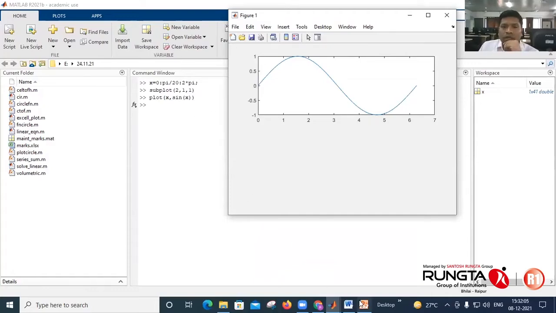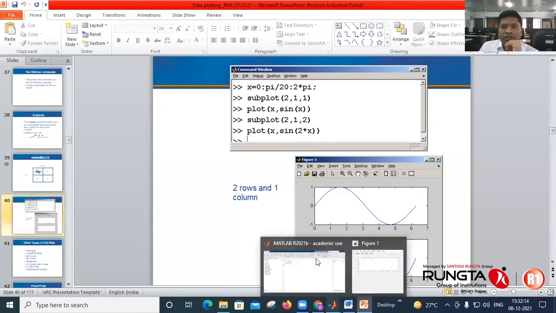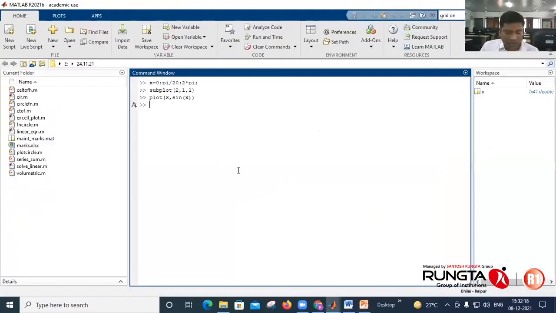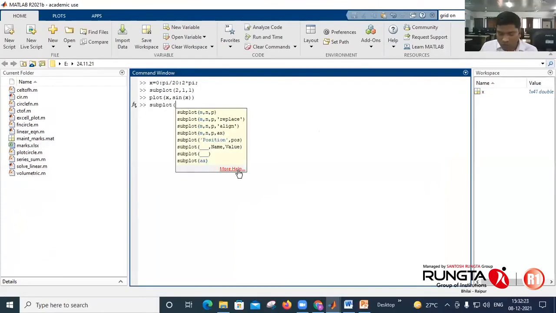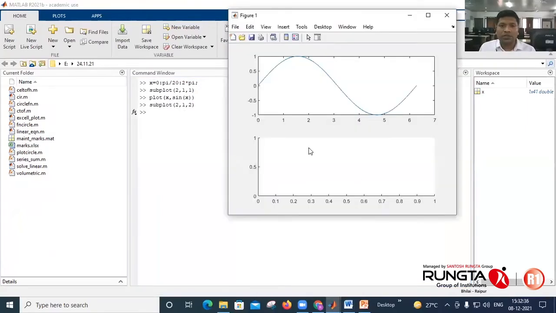If you want another figure, a second figure, like x and sin 2x, activate the second position by typing subplot, 2 rows, 1 column, and second location: subplot 212, enter. So it will activate the second position of the figure.